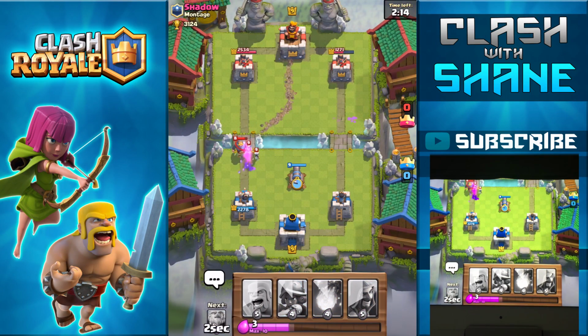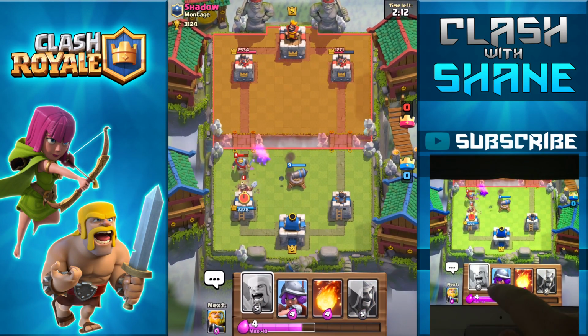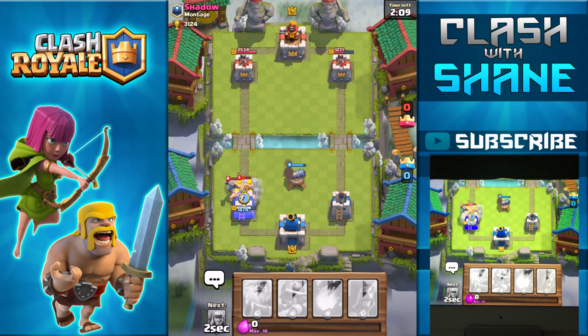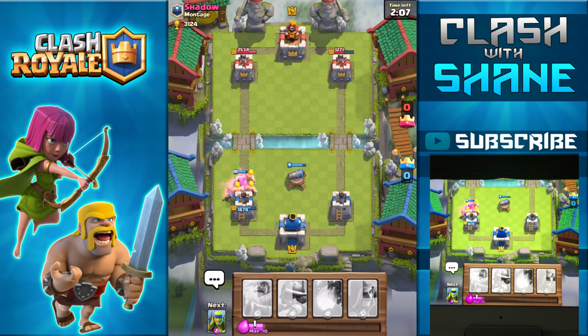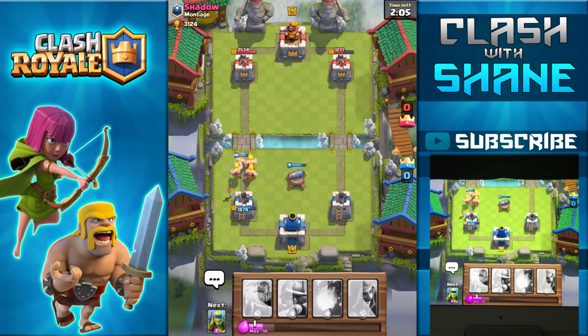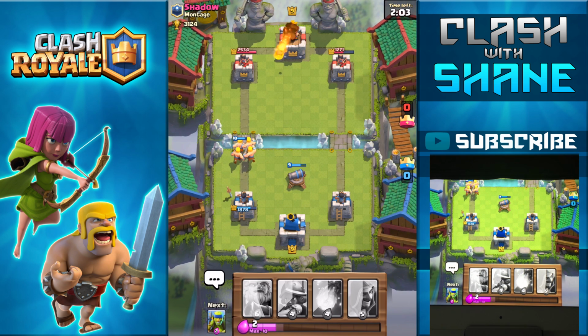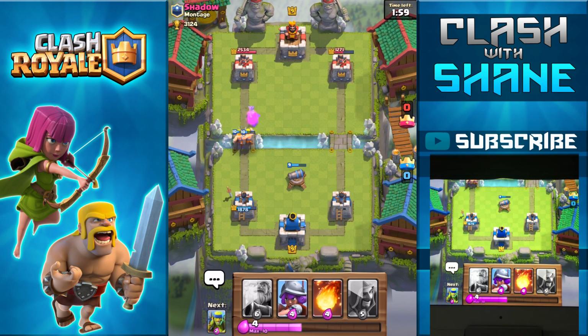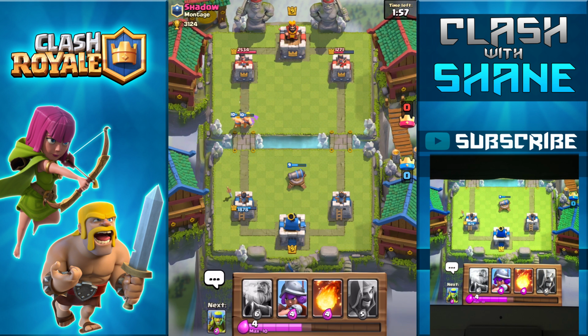Let's drop down a Cannon here to take all those out. And the Cannon locks onto the Miner, of course. Gonna go ahead and drop down the Barbarians. Maybe I should have soaked up that damage and built up some Elixir advantage, because sometimes you guys have to do that. You have to kind of soak up some damage in your tower to build up an elixir advantage